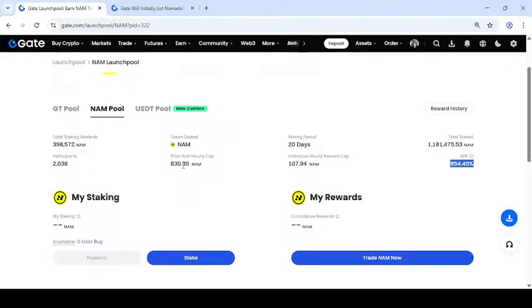Left right full holding came at 813.35 name. The individual's holiday reward cap 107.94 name and APR 14545%. My staking name, my reward calculating relative name.